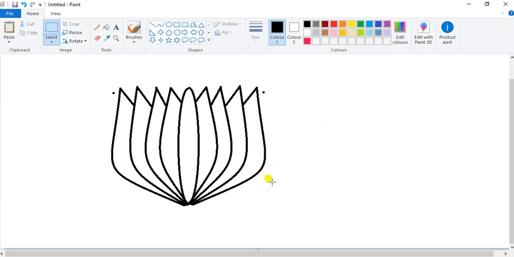Okay, done. Now select the rectangle tool and draw like this here. Now for leaves, select the oval tool and draw a leaf like this here. Okay, done. Now we want to color this lotus. First of all, select a faint pink color.